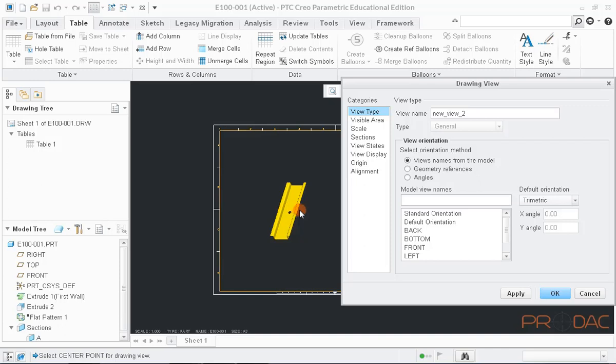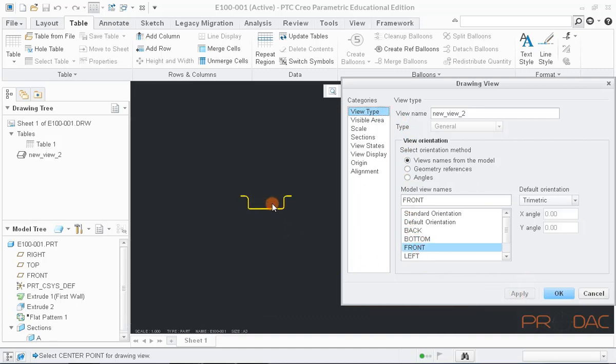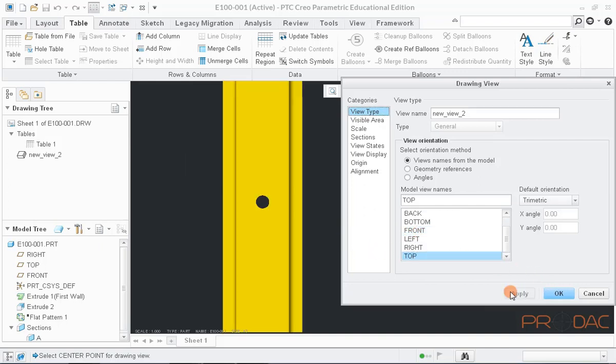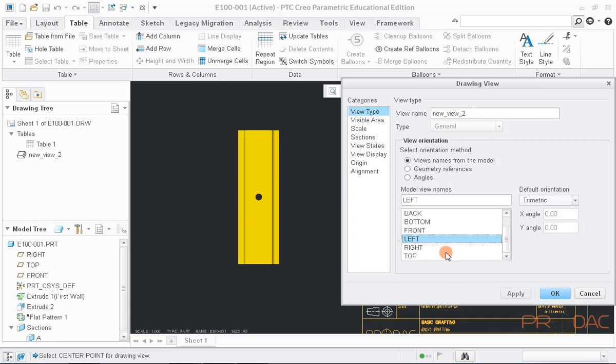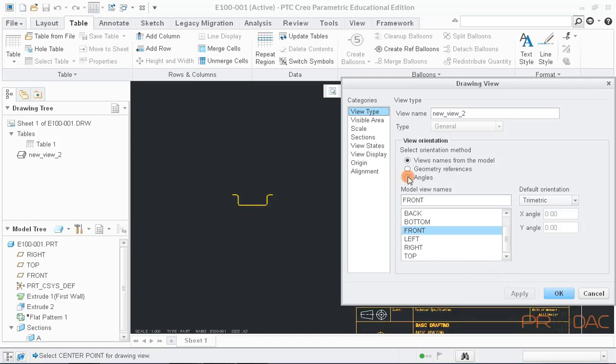The pop-up window is displaying the various view types. We can choose any of them and click on Apply button. In this example, we'll show how to generate front, top, and left views. We can orient these views by any amount of angle.